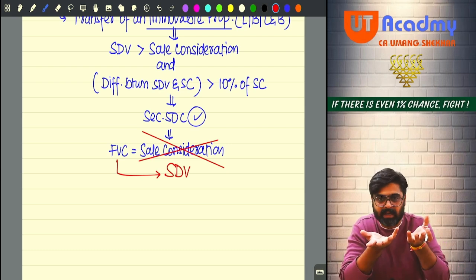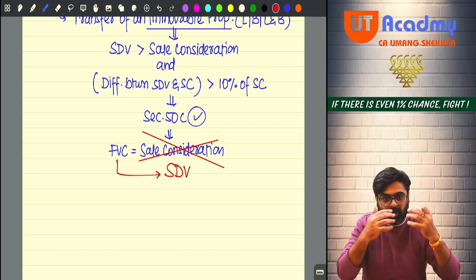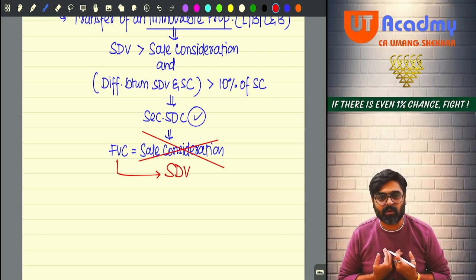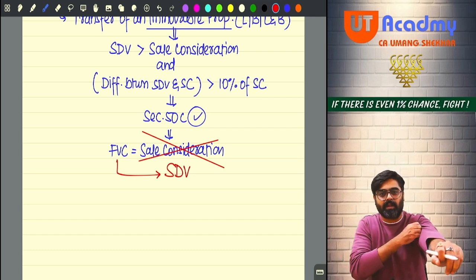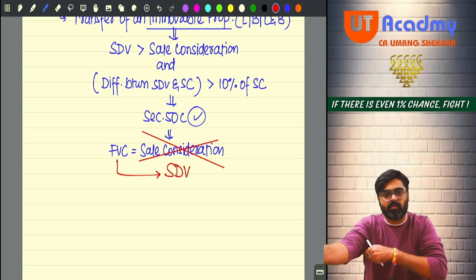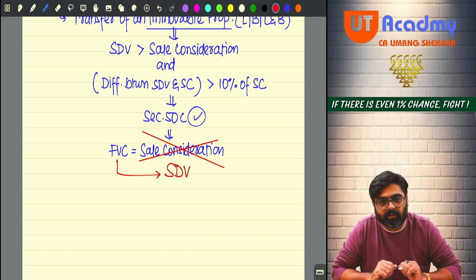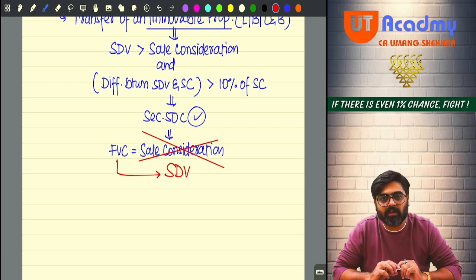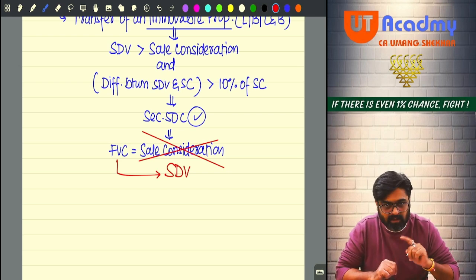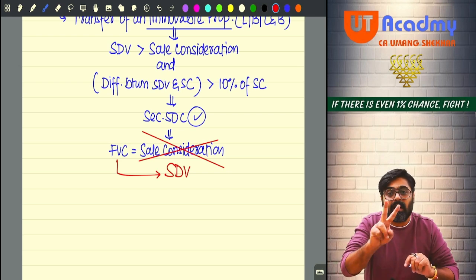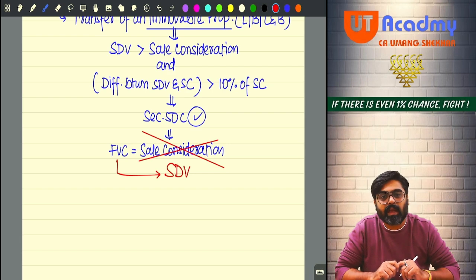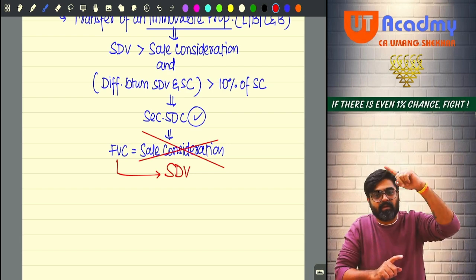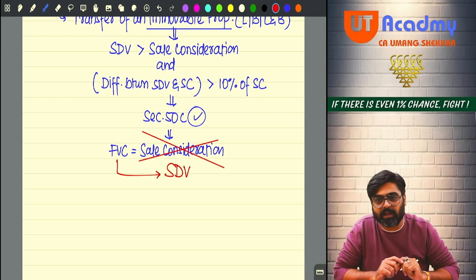So this builder can do it in volumes. But people like us can also do it, no? You are a seller, you are selling one property. You sold it for 50 lakhs. And you are telling the buyer, don't pay me 50 lakhs, pay me only 30 lakhs in check, bank transfer. The balance 20 lakhs, pay me in cash. Just imagine if everyone starts doing it all across the country, how much tax revenue the government will lose?